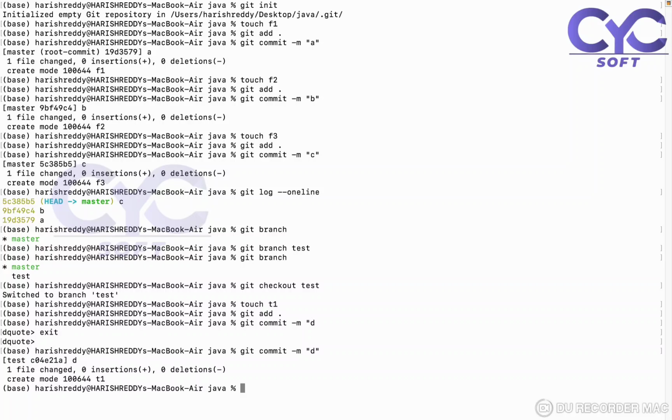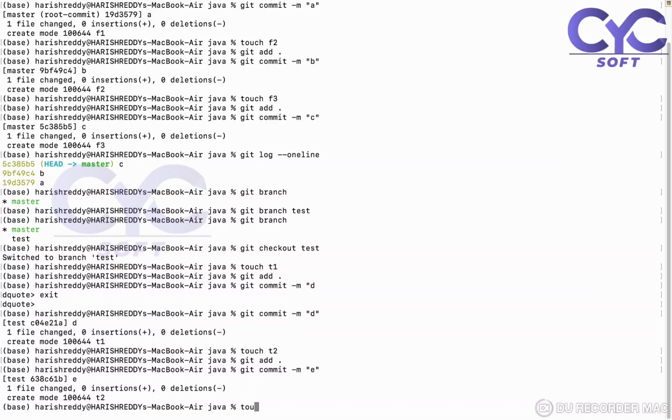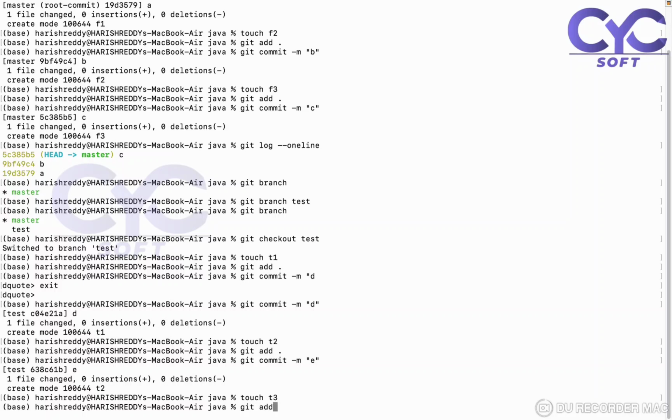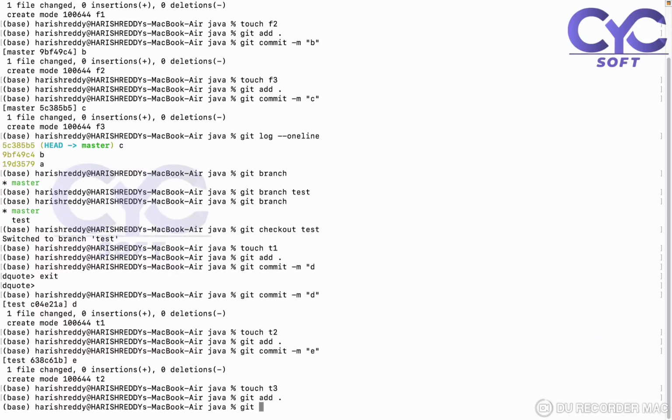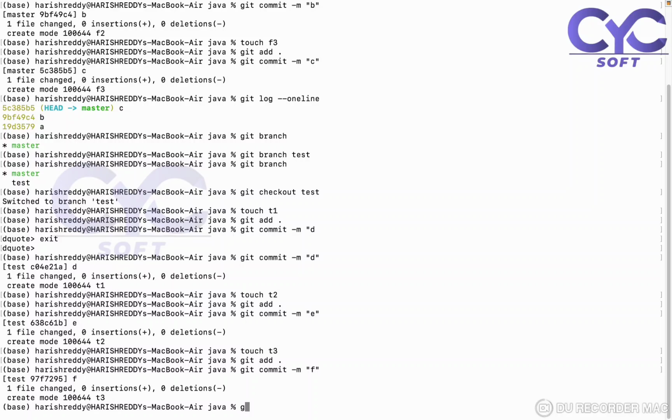Okay, so now in the same way, we are going with T2. Touch T2, git add ., git commit -m E. So now touch T3, git add ., git commit -m F. Okay, now if I go with git log